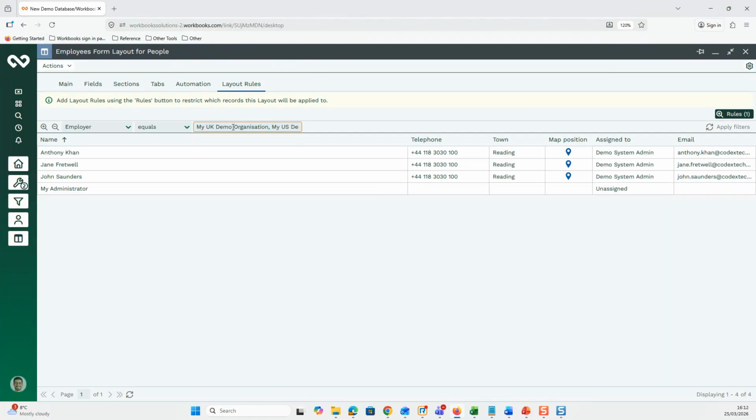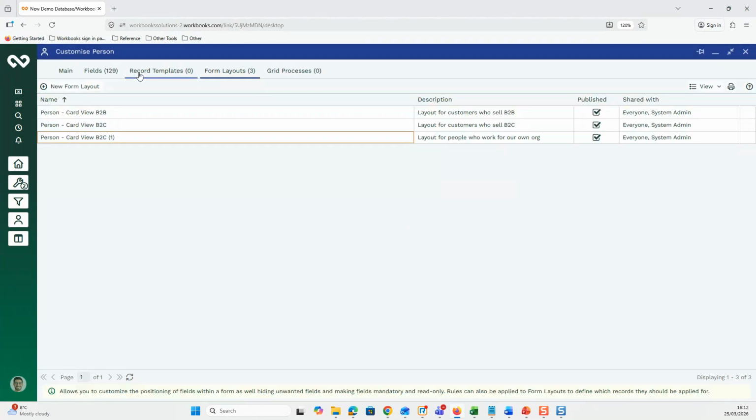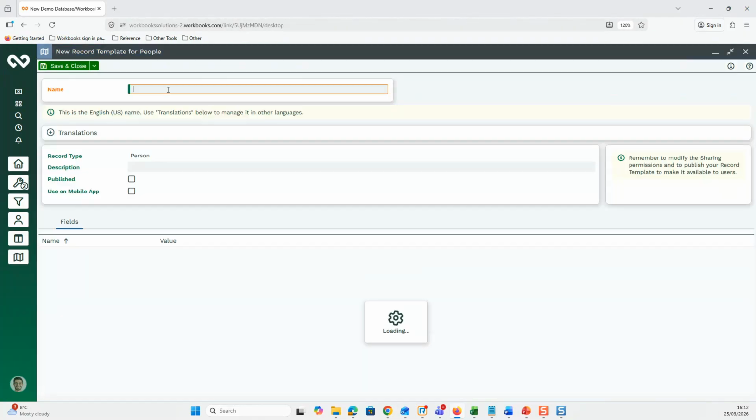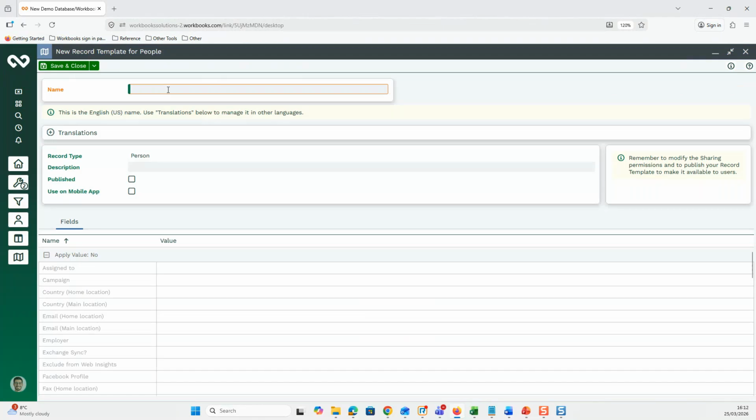So in this example, if I wanted to create a record template so that I can use it to create a new employee and have a person record for them, I would want to have it so that the employer shows as my UK demo organization. So for this, I go back to my customized person, I go into my record templates, and I go new record template, just as I did before. And I'm going to call this one employee,